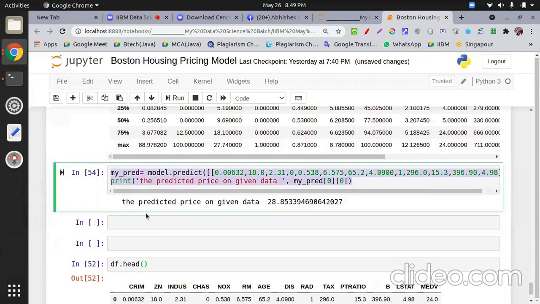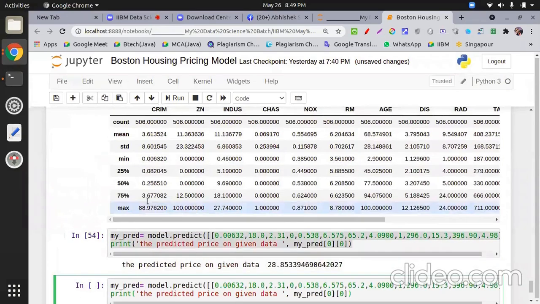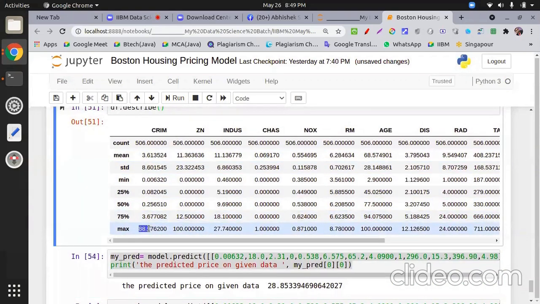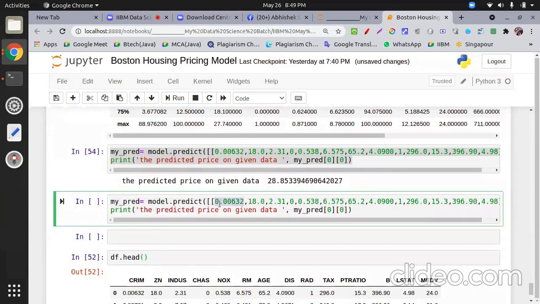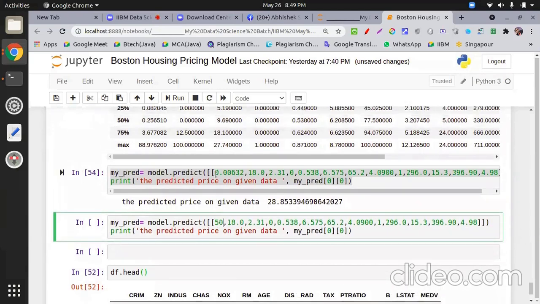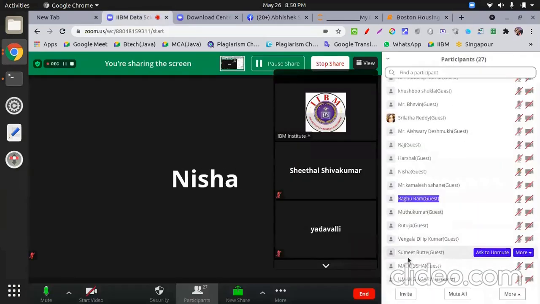Now see the use of slope. The crime value minimum is this one, maximum is this one. If I manipulate the crime value to 50 for any value given over here, my question goes to Sumit Bhatt.